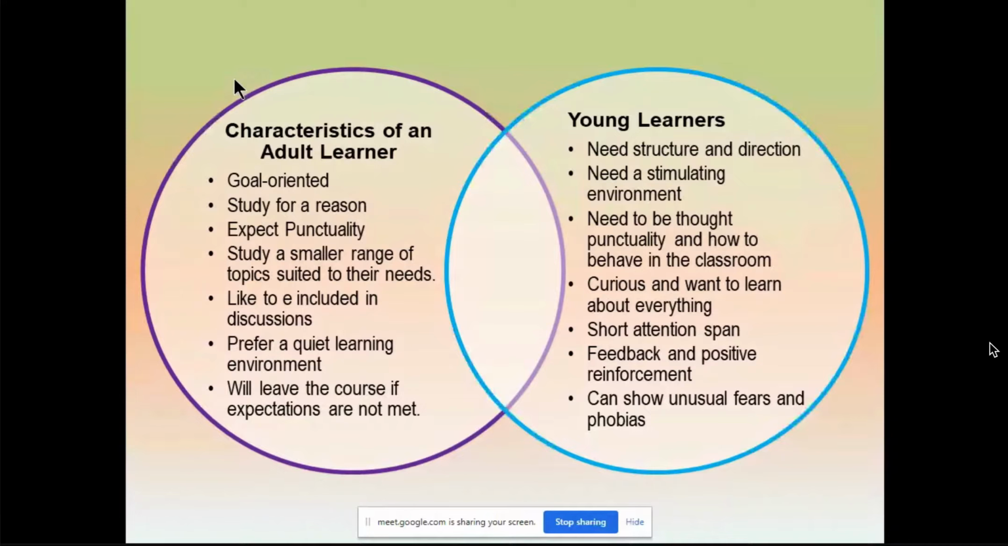It's easy. The difference between adult from young learner is this. They need structure and direction, need a stimulating environment, need to be taught punctuality and how to behave in the classroom, curious and want to learn about everything. They have a short attention span. Their feedback and positive reinforcement is important to them and can show unusual fears and copings. Now, if you have the same classroom setting,